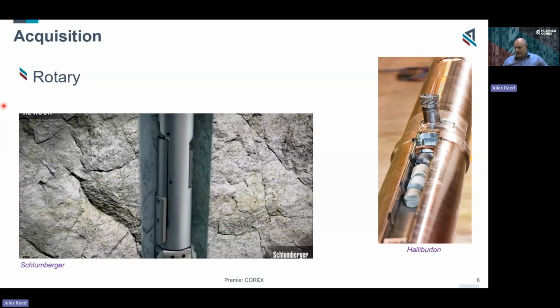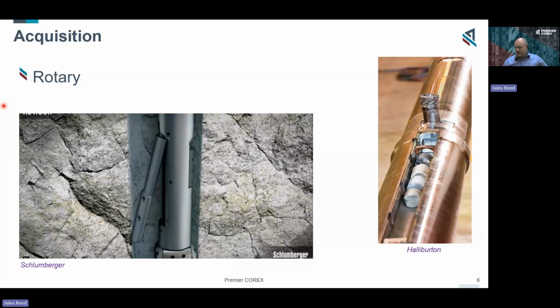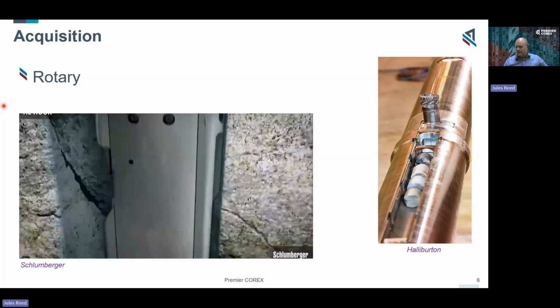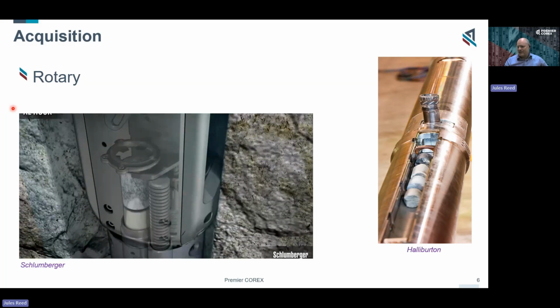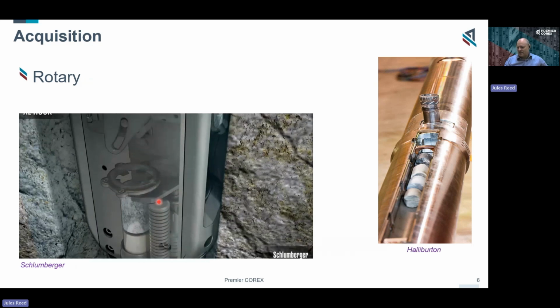So this anchor shoe comes out to push the tool against the surface. Inside you have a core bit, which is currently in vertical position. It then moves into, well, perpendicular to the tool. You then also these days have core markers, which can be placed between the different samples that are being taken, because